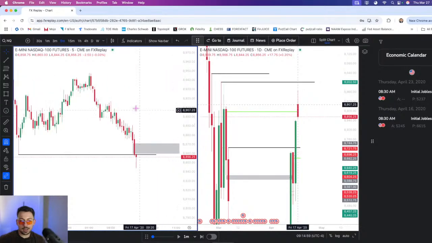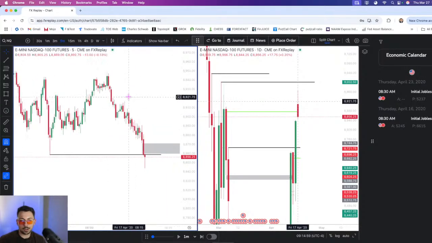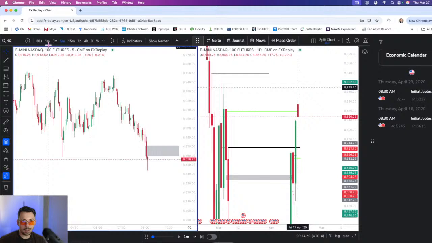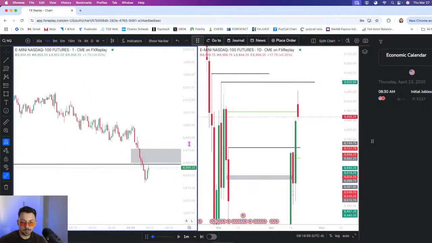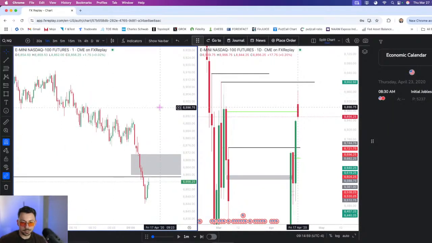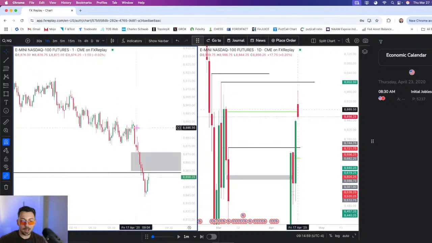I would wait. So we do have LRLR here. Do we have any perfect equal highs too? Let me see something. Yeah, this looks pretty good to me. Okay, so let's see what happens. I'm guessing that if this is going to be bullish, they're just going to rip it right at this 1 minute. But let's see.